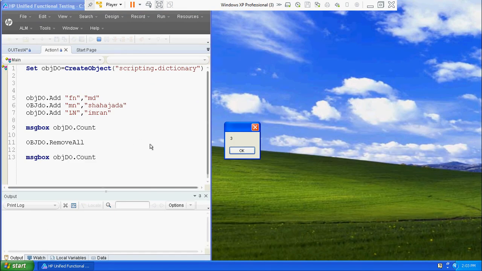Before removing all, the count is 3. That means there are total 3 pairs in the object. After removing all 3, there should be 0 count, and the count is 0. Okay,